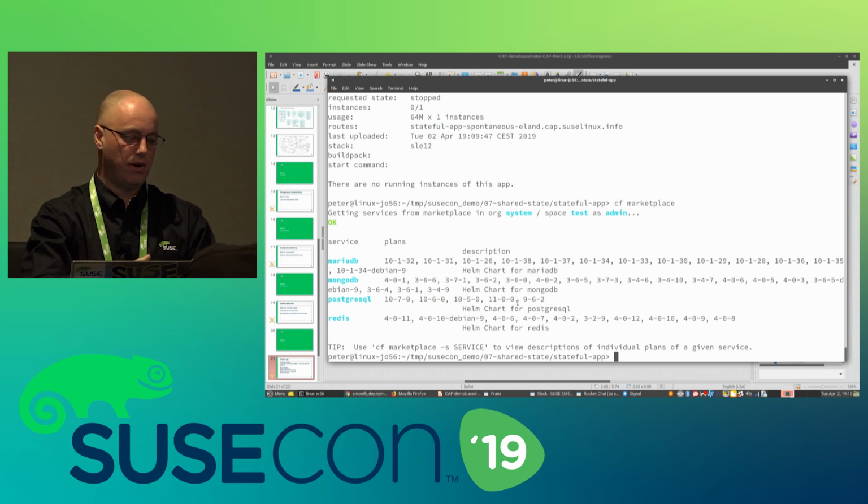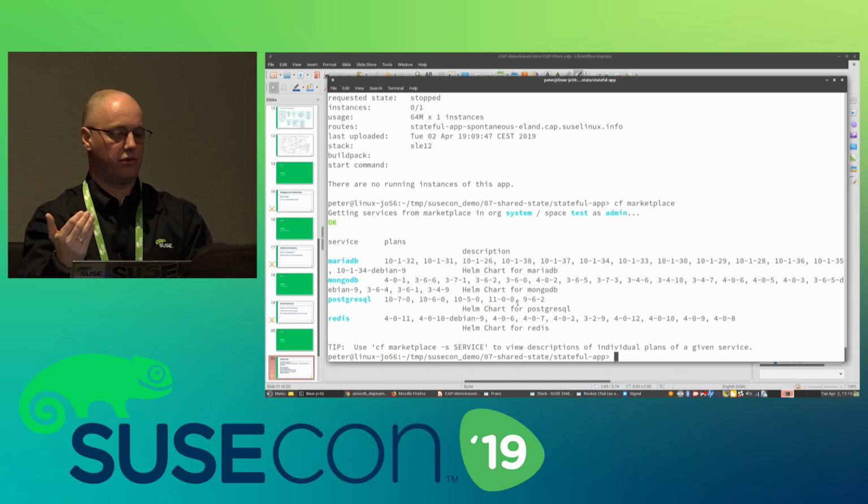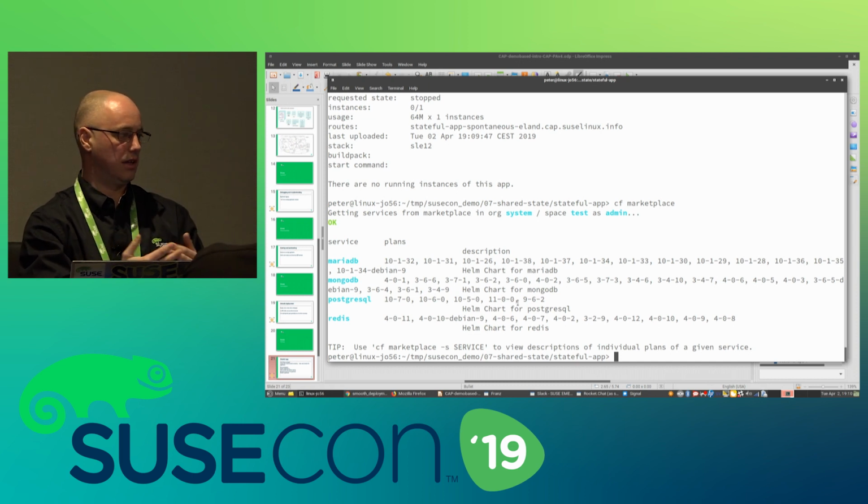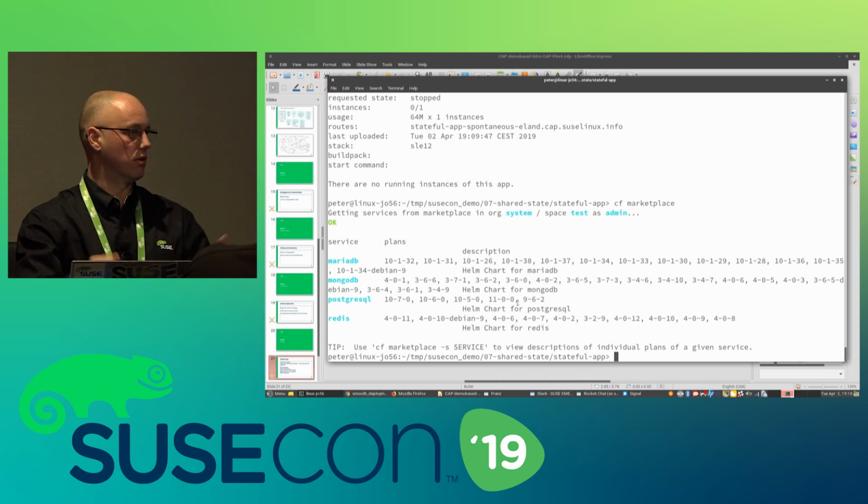In many environments, these services cost money, and you can have different plans that give you different performance. If you're using SSD storage or spinning disks or whatever, you can use different plans, and someone takes money for it. So you choose which plan you want to use. In this case, they are named very stupidly: 4011, 4010, and so on. So what I'm going to use is this one, 4011.